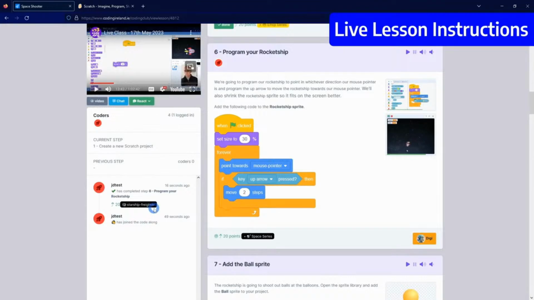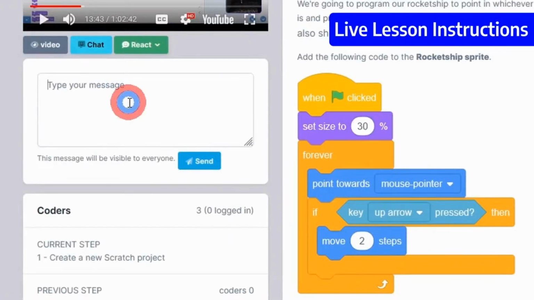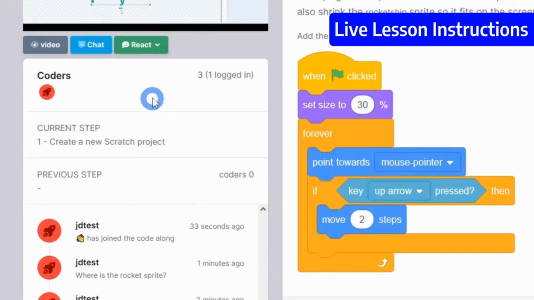The chat feed shows you how everyone is doing, and you can put your own entries into it by clicking on the blue chat button and entering your question or message. Or you can give a quick thumbs up or down, or even put in emojis by using the green react